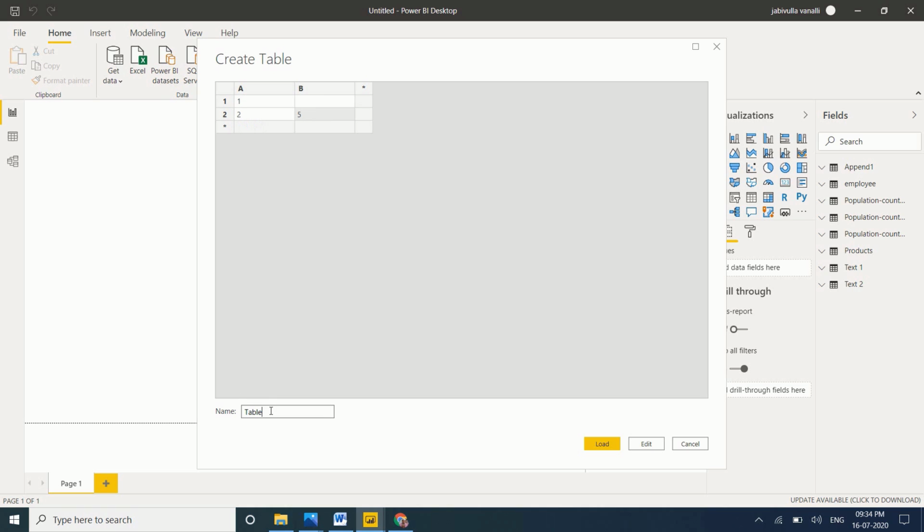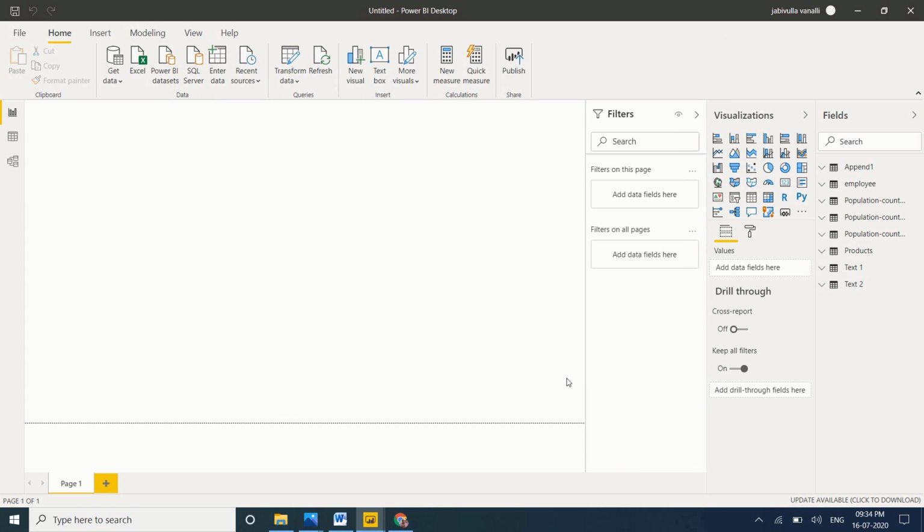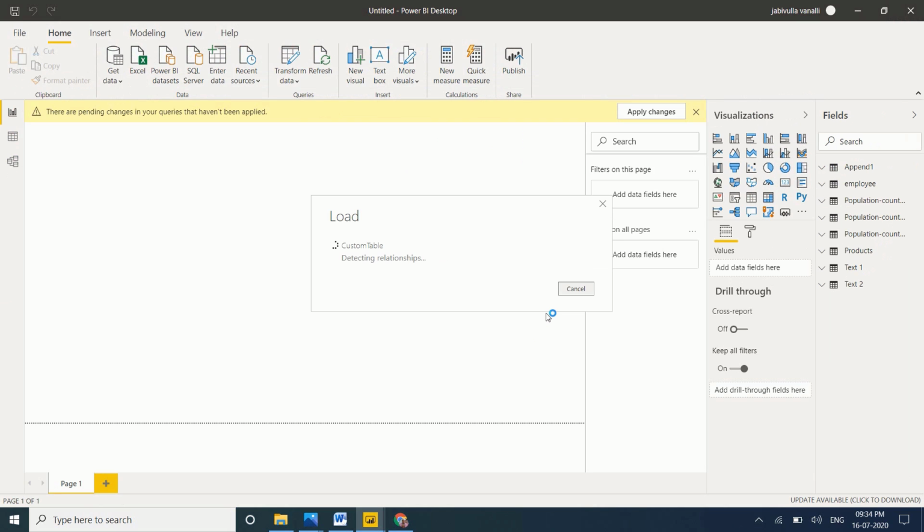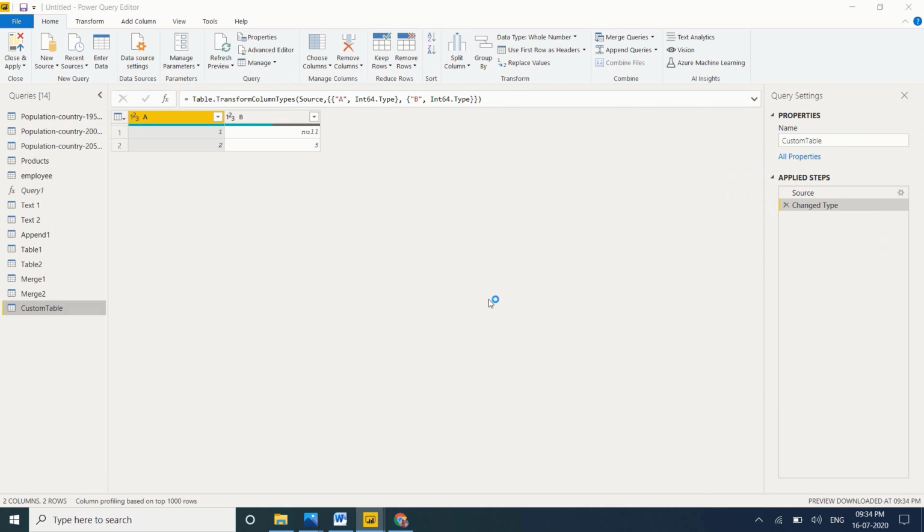Table name I want to give custom table. Okay, just click on load. Now my table is created. Okay, custom table is created now. So in this way we can create the table.